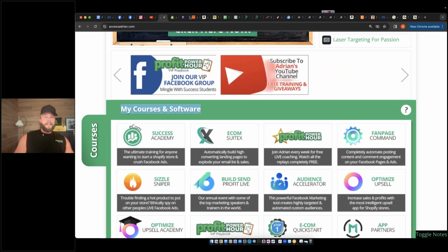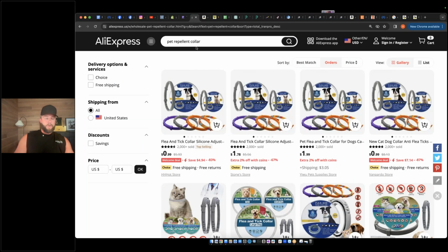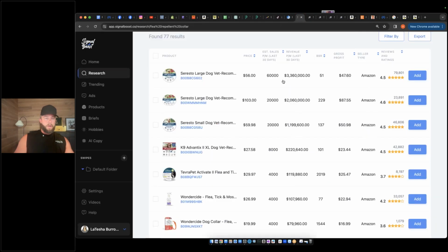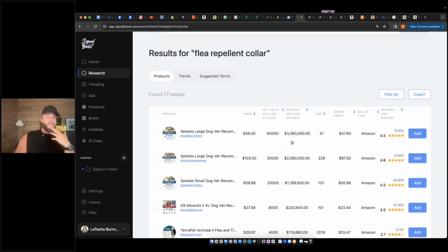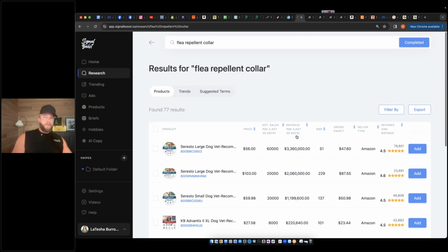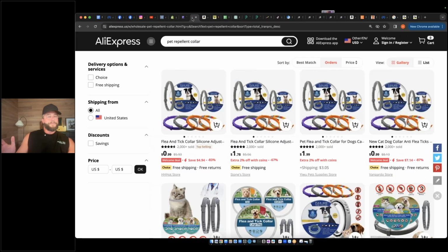My goal here isn't to do what I did last week and show you a product that on Amazon is doing 7 figures a month in sales, which is this flea and tick silicone collar, which is getting really, really popular right now. Our research from last week showed that some sellers are selling $3 million, $2 million, $200,000 worth in the last 30 days. So yeah, that is a really cool product, but no, you should not just say, oh, well, this is all I'm going to do this week, because it's easy to get on and just get product picks from Adrian. Well, the idea here is actually, I think that